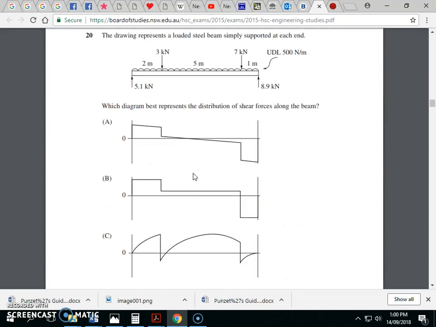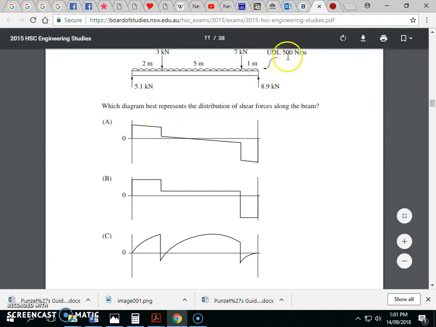Okay, another good question that I like. Okay, so here we have a uniformly distributed load. So we're going to have a small amount of down in the shear. Yeah, so we've got a force coming up, the 5.1, and then we're going to spread that to that 3 kilo, what is it? It's 500 newtons per meter. So over that meter, we're going to